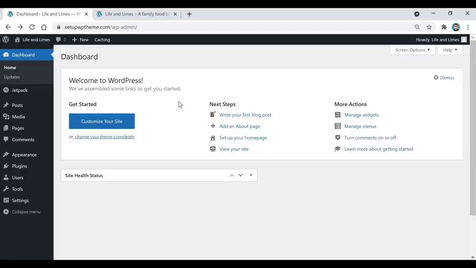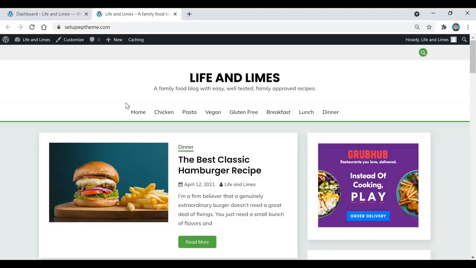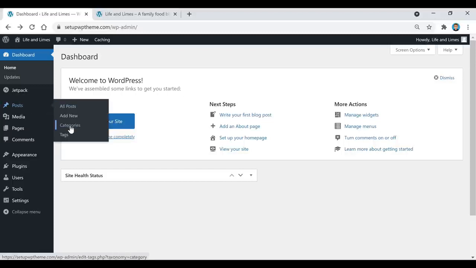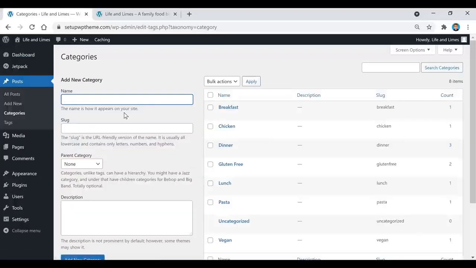Okay, so the next thing we're going to do is I'm going to show you guys how to add in your menu section up here. So we're going to go back to dashboard, and then we're going to go over where it says post, and then after that we're going to click on categories. Okay, and so once we get to this page here, this is where we're going to add in all our